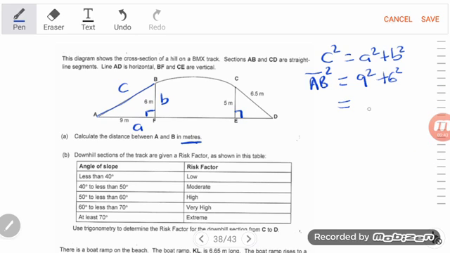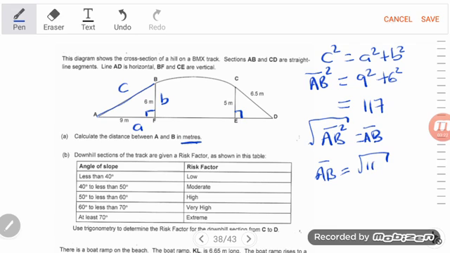Okay, which should be 117. So all we have to do is square root AB. If we square root the square of AB, this should equal AB. So if that's the case, then what we do to one side of the equation, we must do to the other side. So that means AB would equal the square root of 117,